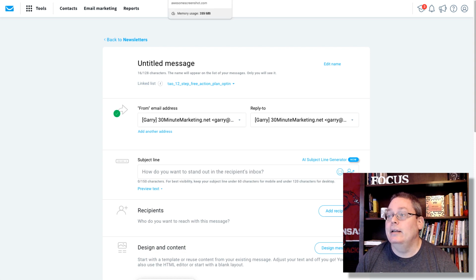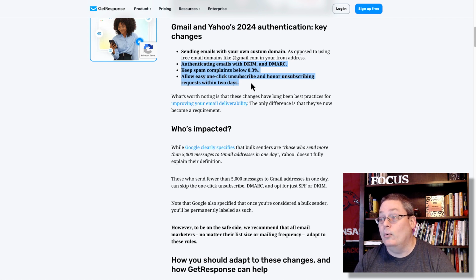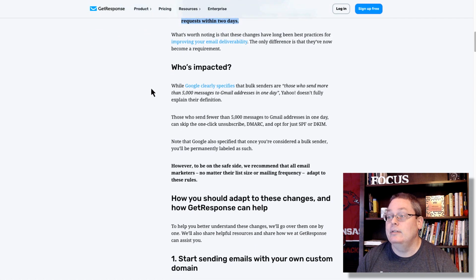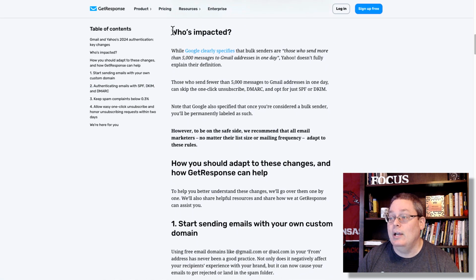But the idea here is, if you go back to this, you are going to be authenticating your emails with DKIM and DMARC. You want to keep your spam complaints below 0.3%, and you also, and GetResponse does this for you, allow a one-click unsubscribe. Now, who is impacted? This is very important. So you want to make sure, again, the link in the description, check out this article,